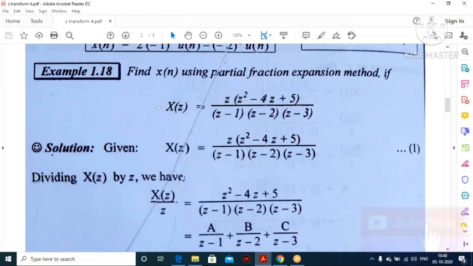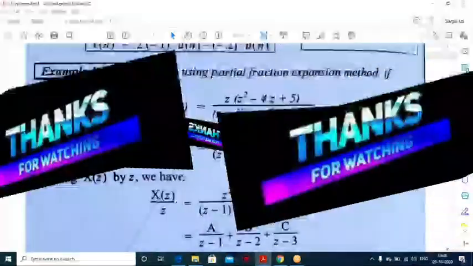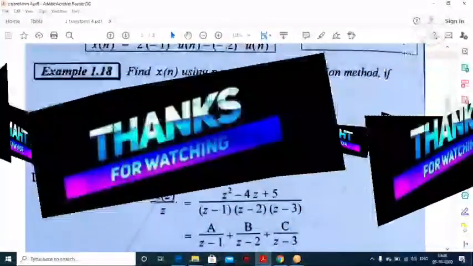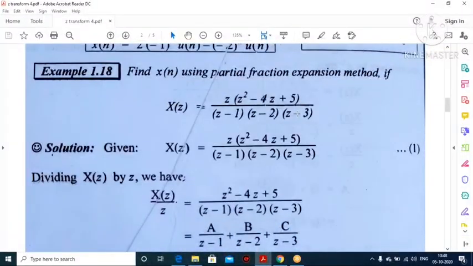Okay, so that will be given here. So I split up into x of z equal to, all the terms will be positive power, so no problem. No need to multiply that term, because if it is negative power, there only you have to convert it into positive power. But in our problem, positive power of z is only given. Okay, no problem. I factor the given terms, right?